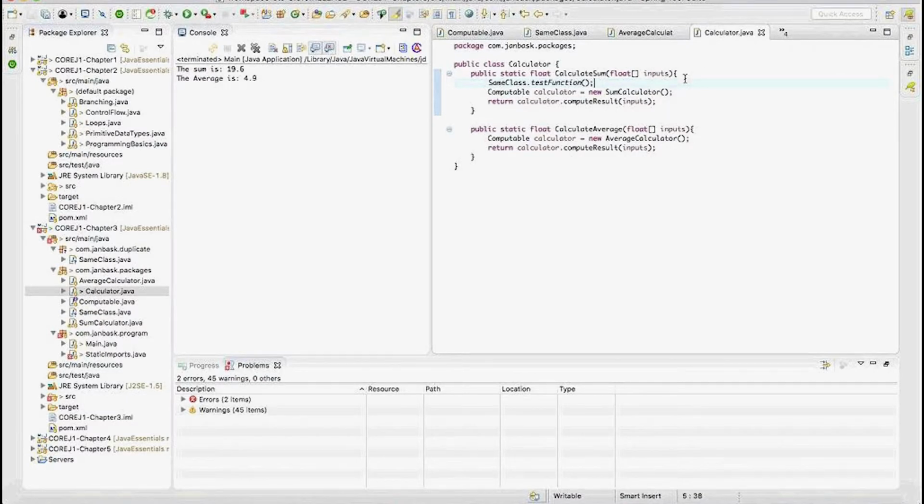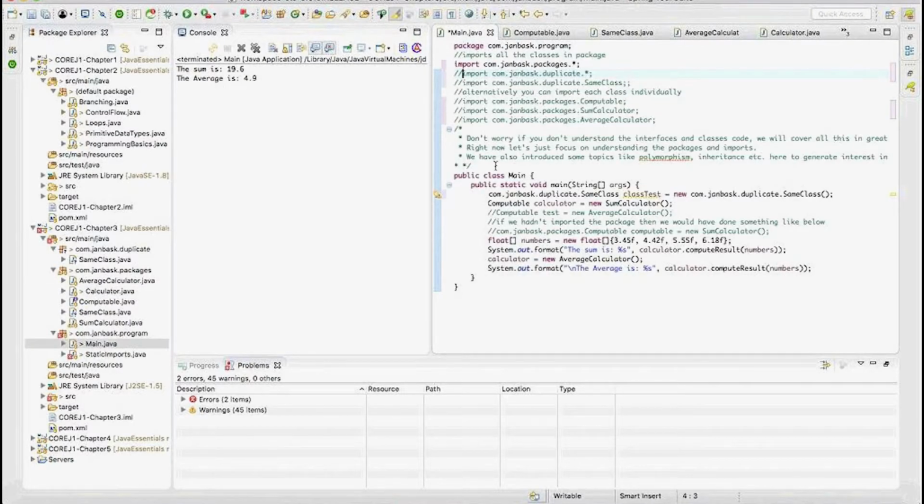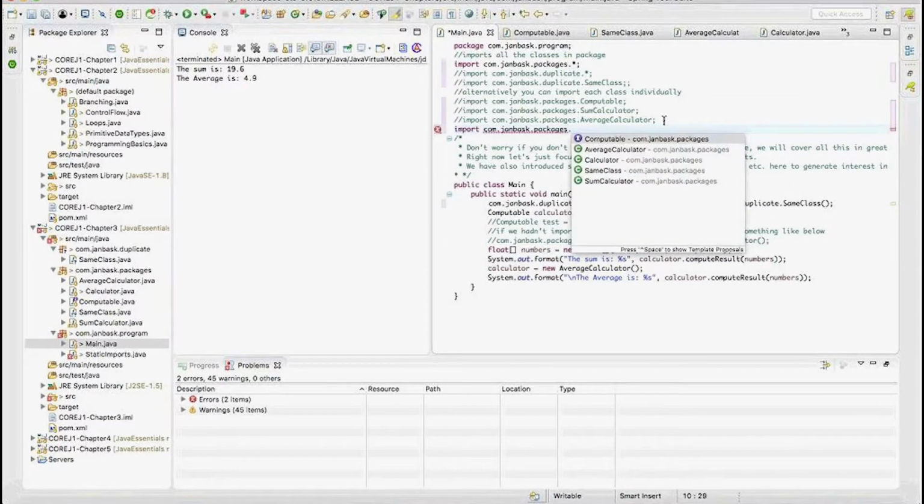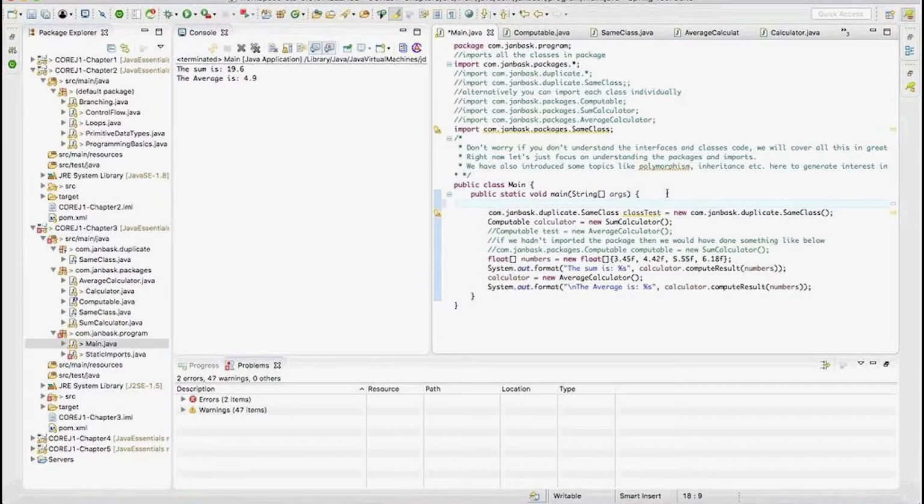But the same thing, if I try to do it from here, which is the main, so main is like this is another, and if I import that package, which is like import com.janbask.packages.same class, so I'm importing the same class. Okay, done. And if I do the same class here, it's able to resolve the same class,